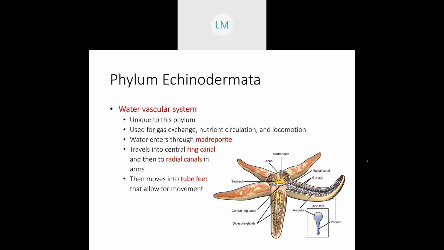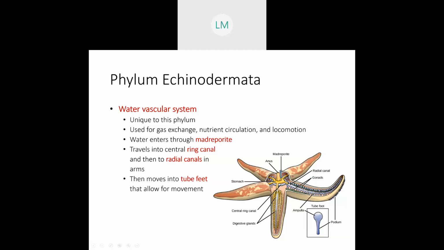This is a cross section of this water vascular system. Water enters through this little pore on the outside of the body called the madreporite. From there, it goes down into this circular structure. We're looking at the gray structure here, the circular structure called the ring canal. Once the water's in this ring structure, it can go out into the arms of the animal through the radial canals. And then it can move the water into these little structures here called tube feet